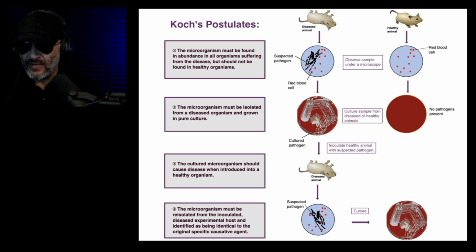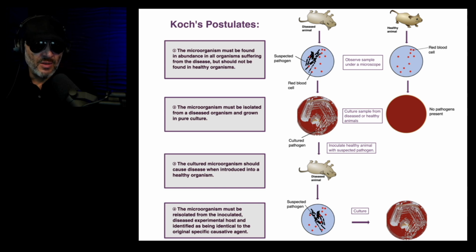What it means is that, assuming it hasn't been done, there's no definitive evidence that this sequence of events was gone through with the SARS-CoV-2 virus from a particular organism, let's say a human being, and then cultured, and then given to an animal that I imagine can also get it, whether it's one of these mice or these humanized mice they call them now in the lab, or whether they have to give it to a bat, I don't know what that step is. But step 3 says if they give it to an organism, it needs to get sick with that same affliction.